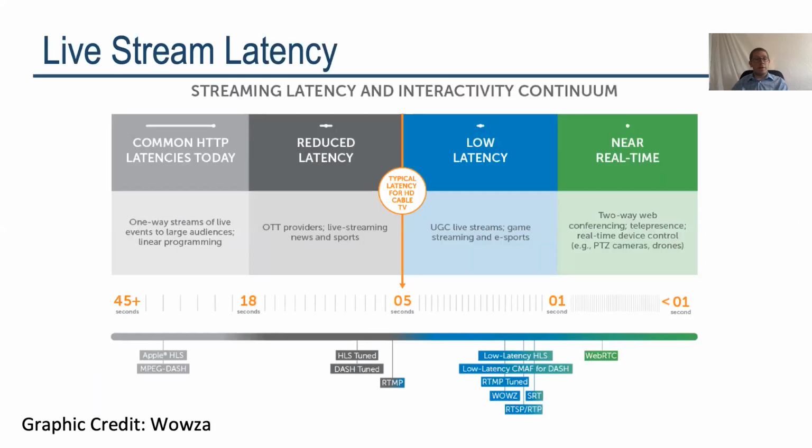To give us a picture of different ranges for live latency, we have a graphic from Wowza. Typical HTTP live latencies for large audiences are in the range of 18 to 45 plus seconds. If you want to reduce it more for some sports or news content, we might be able to get it down to the 5-second range. The 5-second latency range is what is typical